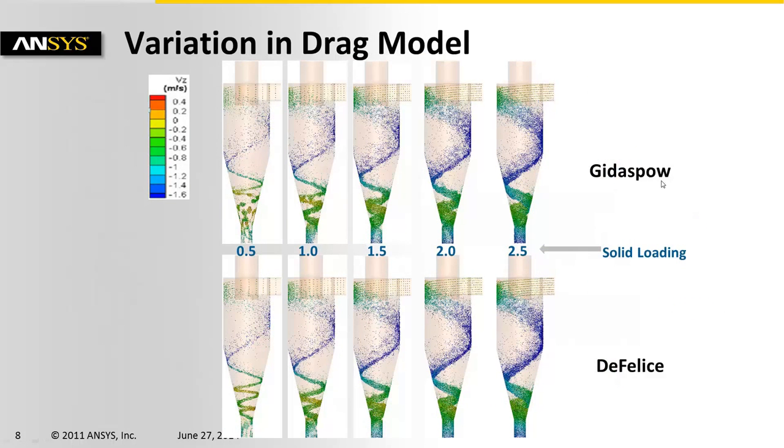And finally, different drag models were evaluated across the range of solid loading. As we can see, the particle strands are observed irrespective of solid loading. However, the details are slightly different. It can be seen that the number of turns traveled by solids in the cyclone decreases with increasing solid loading. The strands are wider when the solid loading ratio is high. Also, the overall axial velocity of particles decreases with the increase in solid loading ratio. We have chosen the Di Felice drag for the rest of the simulations.